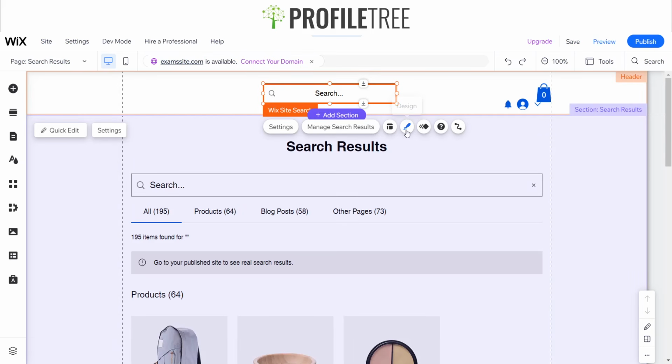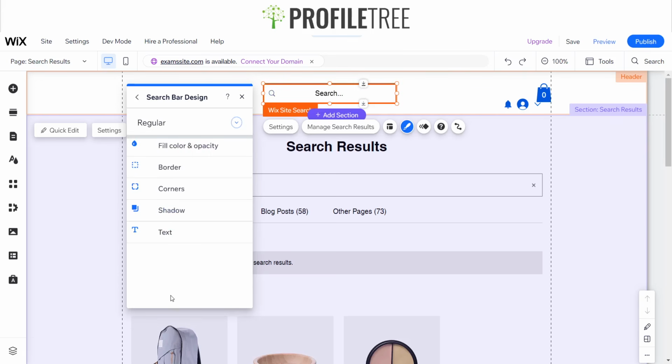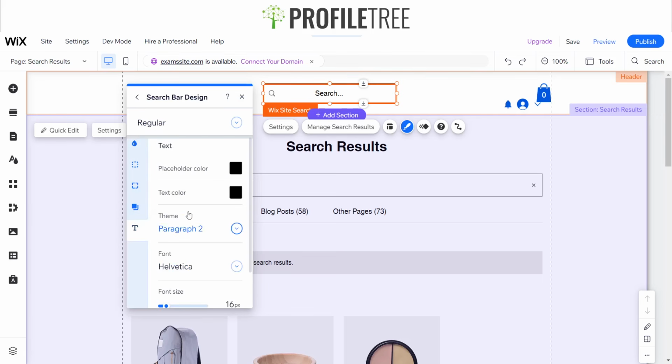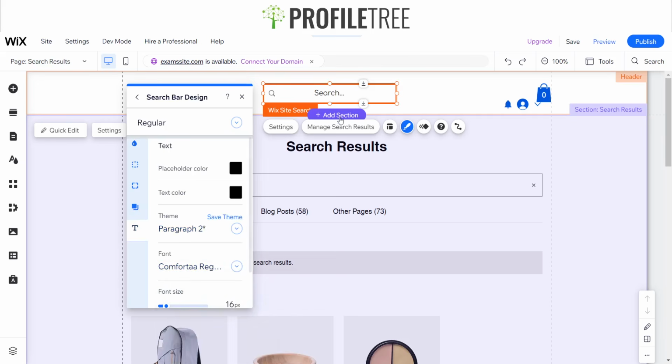And what's great about it as well is you can also change the design. And by default, there's a list of different search bar designs. So you can go ahead and pick whatever's specific to your website or whatever would match your website. And if there's nothing there that you like, you can go ahead and customize the design. And as you can see, we could show what it would look like at a regular post. So say it'll be white, and along that as well, if I wanted to change the text, I can do so. As you can see,